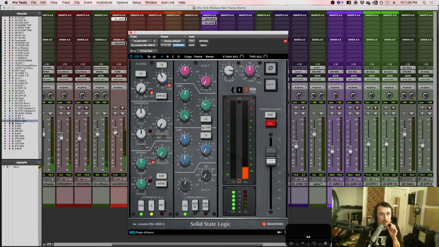I can also use the compressor in this channel strip here to sort of exaggerate the attack on here. So if I leave this as a more slow sort of attack,